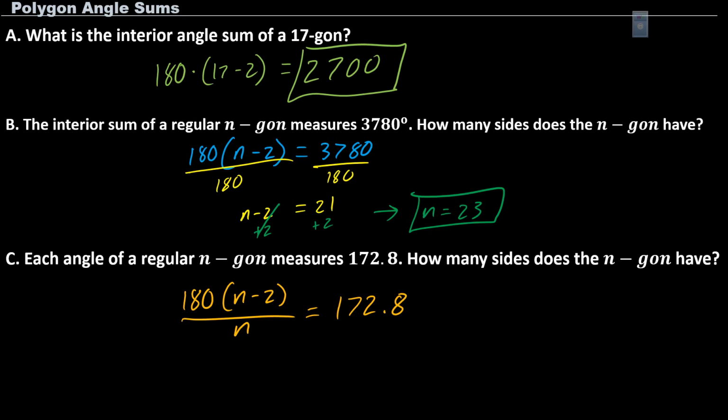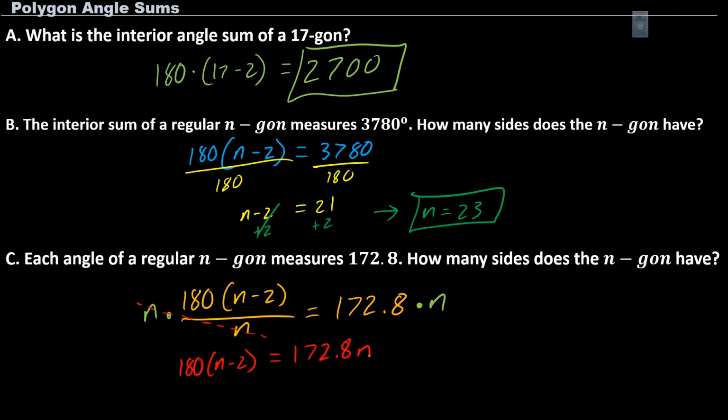So whenever you have a fraction on the bottom, the best thing you could do is take the equation and multiply both sides by n, because these are going to cancel each other out, leaving you with 180 times n minus 2